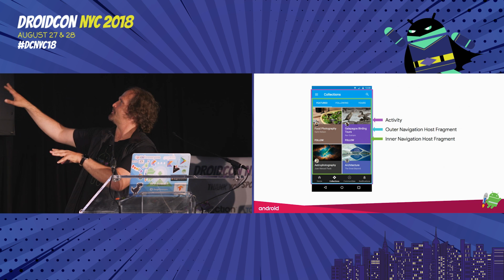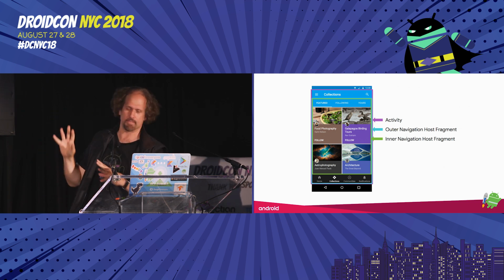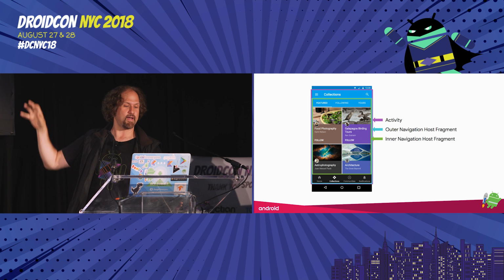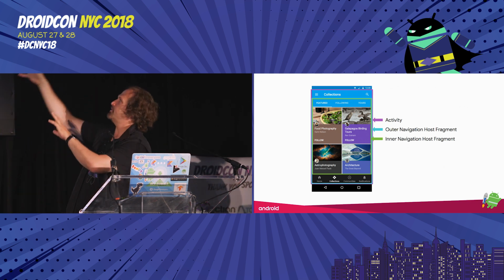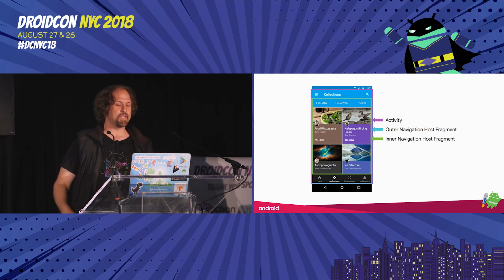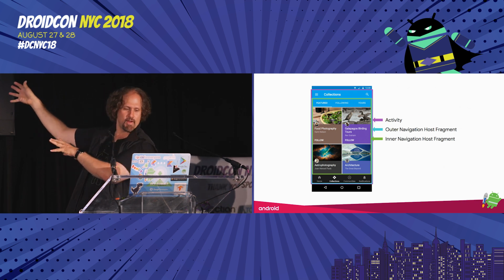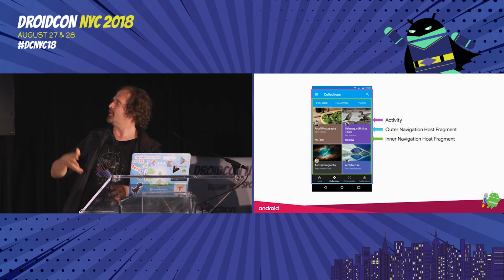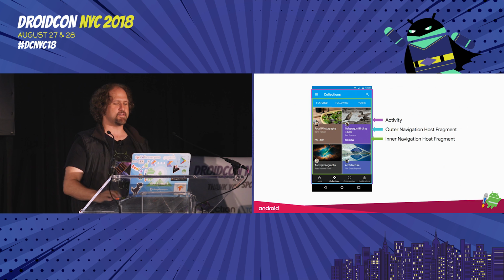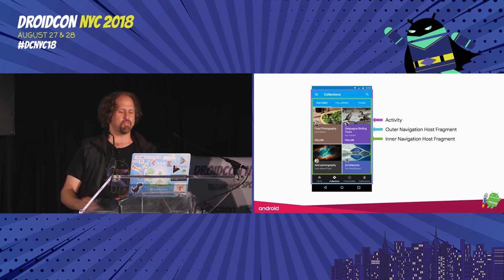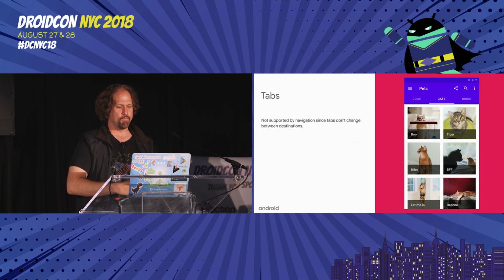And you can actually implement something very similar to what this app does, using nested navigation hosts with different navigation graphs. And this way, the outer navigation host fragment contains the bottom nav control, which operates on the inner navigation host fragment, but really try to avoid doing this if you possibly can, because if your navigation is this complicated for you, it's going to be even more complicated for users.